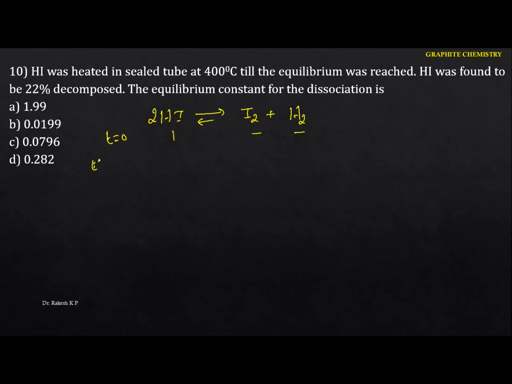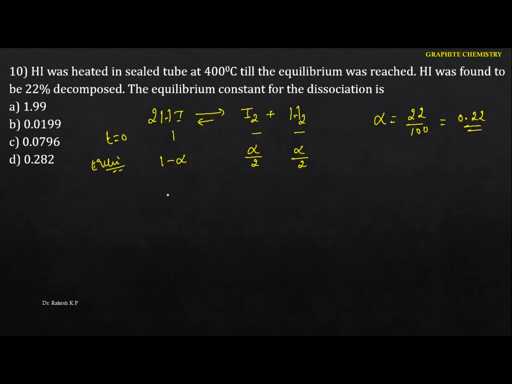So whenever it attains the equilibrium, there's a decrease in the concentrations here, and here you just identify 2 moles gives you the 1 mole, hence I'm going to write the alpha by 2, which is exactly the half. But see the next one here, the hydrogen was found to be 22% decomposed. That means you have to identify what is alpha, that is 22 divided by 100, and here we got 0.22. So this much of the hydrogen had been used.